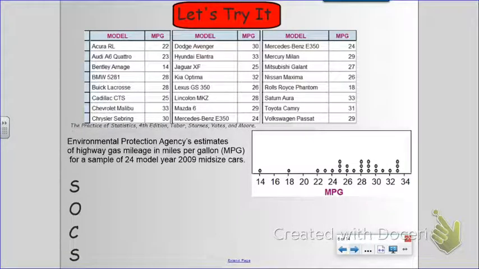In this example, then, we'll take a look at the overall shape of the data. We haven't defined yet exactly what the shape will be, but we'll take a look at in general what the shape of the data might be here. We'll also look at what we think might be potential outliers, the center, and the spread of the data. So we'll define the shape of the data again in just a few minutes, but we can see that the main part of the data is sitting to the right of the graph,